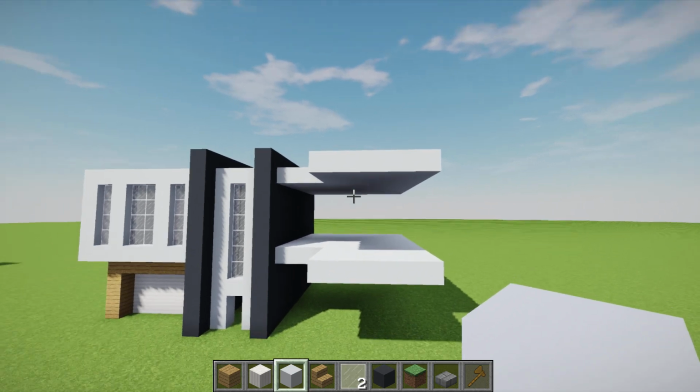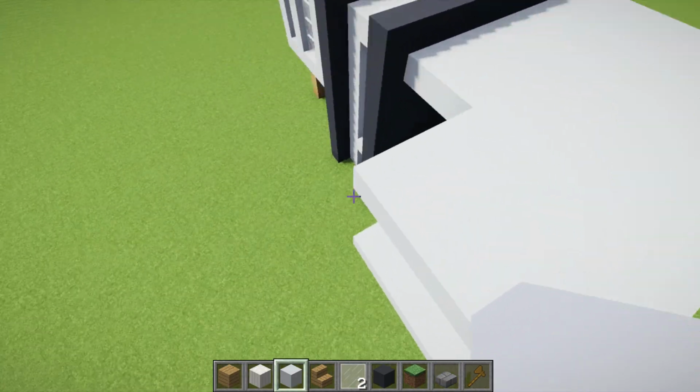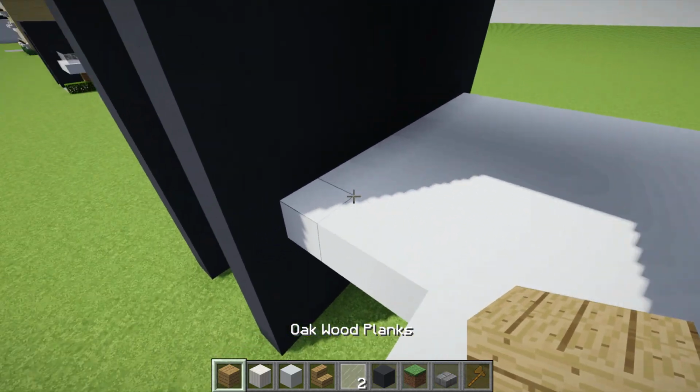As you guys can see, that is how it's done. All you wanted to do is place the white concrete. I do apologize for saying quartz, just make sure you place the white concrete. So now we're going to use our wood, and we're going to go around the edge starting from here, and